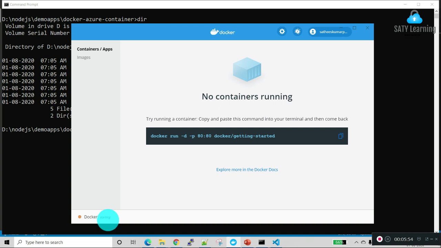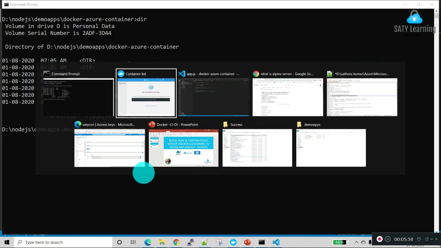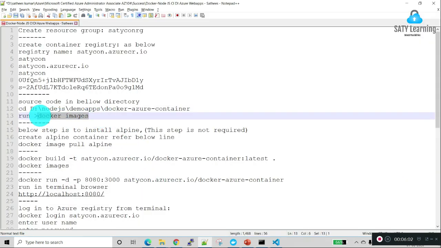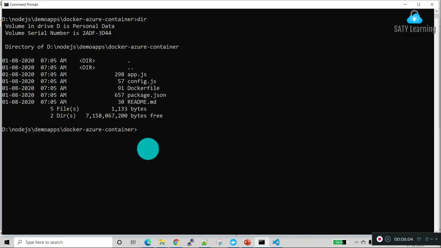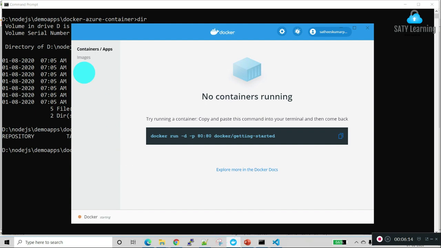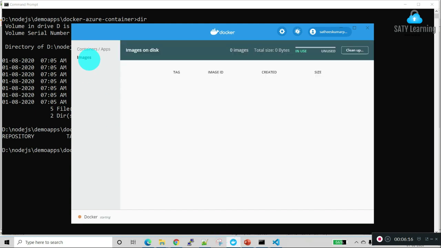It's starting. The next step is we will run docker images to see what the existing Docker images are. If Docker is not started, we will get an error. The Docker is started and there are no containers and images in this Docker.